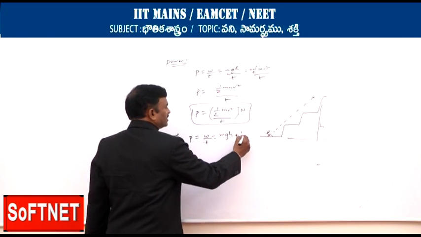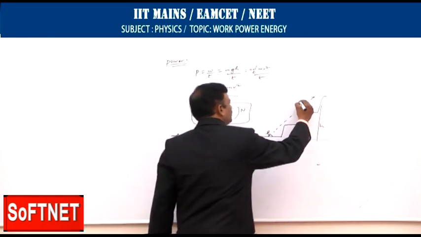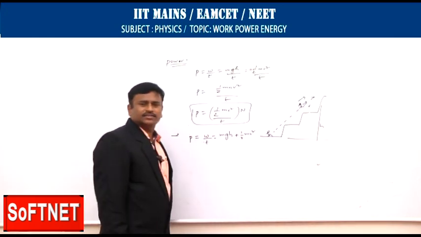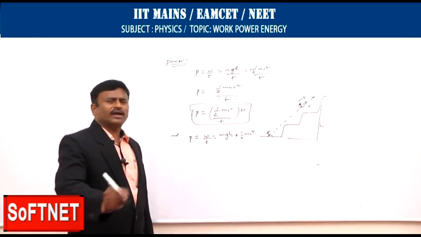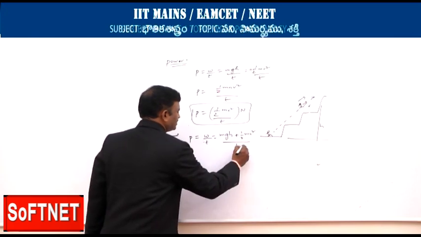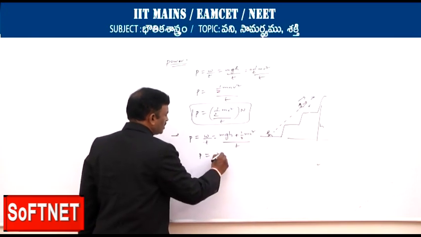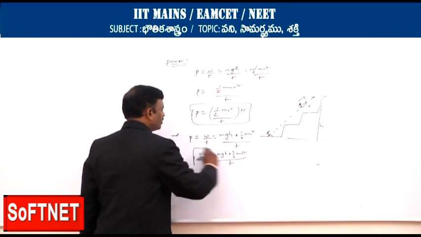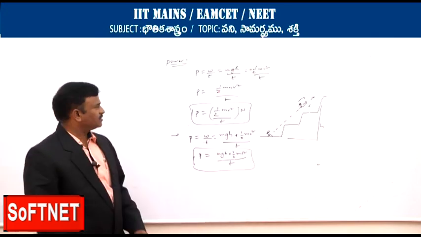Next, kinetic energy is half mv square. He is still moving, the fellow is running with velocity, so even though he is possessing the kinetic energy also, that is by t. So therefore power is equal to mgh plus half mv square by t. It's a very important formula for numerical solving.